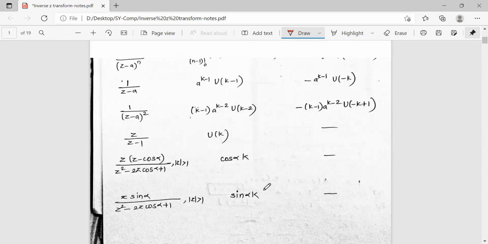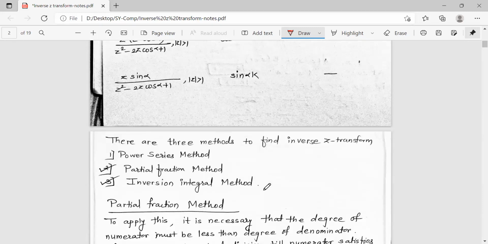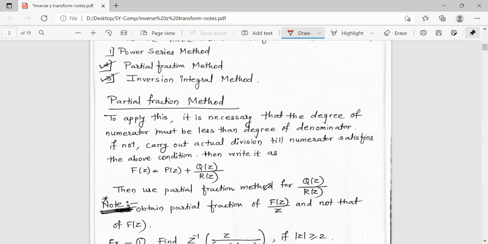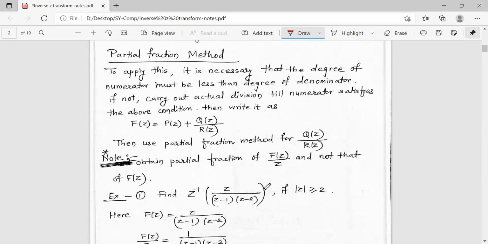And these notes are of course available in Google Classroom, so you can have access to this one. So formulae are there. Okay, so now in this inverse Z transformation, one method I introduced last time also,